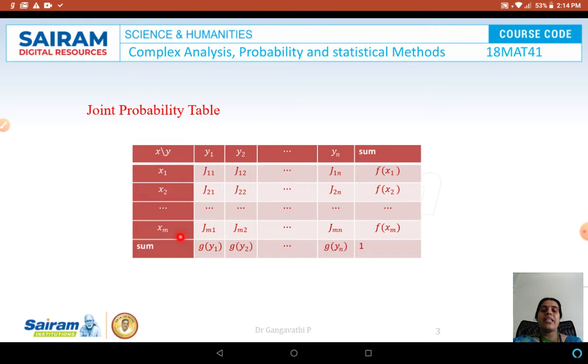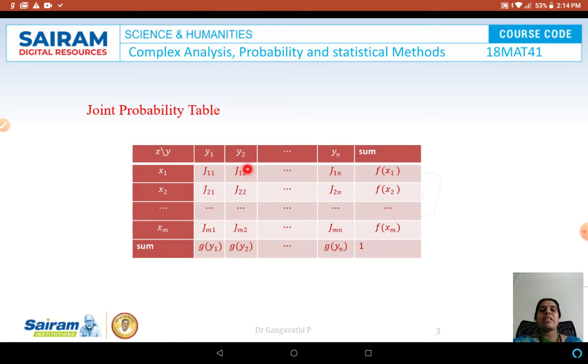Proceeding further like this, there are m values of x and n values of y. So it will be j_m1, the mth row, first column, mth row, second column. And similarly, the last row, last column gives us j_mn. Now, one more thing that we need to understand here, the joint distributions that we have obtained here,